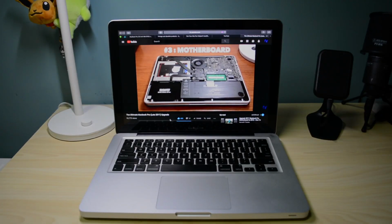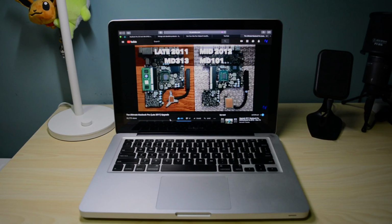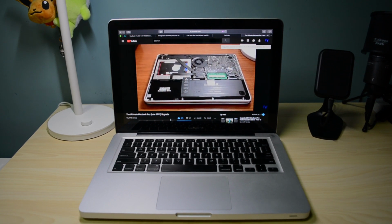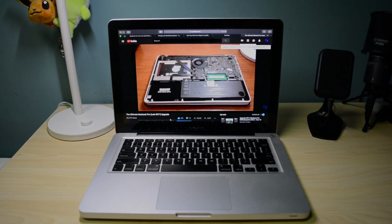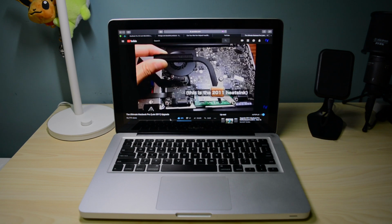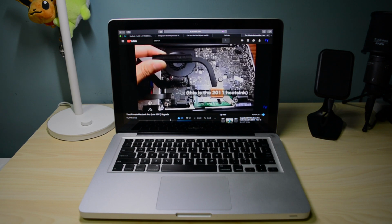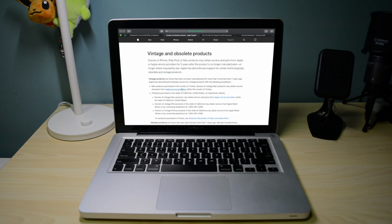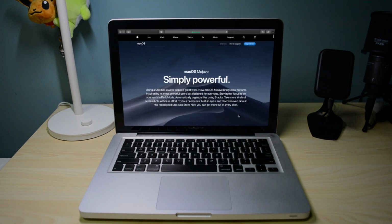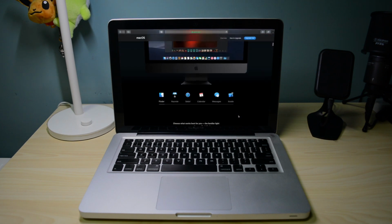Then comes the hardest thing to change of all, the motherboard or the logic board upgrade. I've swapped the 2011 motherboard with a 2012 one, and that took a lot of time. It is a challenge by itself to search for one, then buy it, then install it in your laptop. But despite all that, I think it is still a worthwhile upgrade now that the 2011 MacBook Pros are labeled obsolete by Apple. By upgrading to this 2012 motherboard, you'll get support for the latest macOS Mojave,